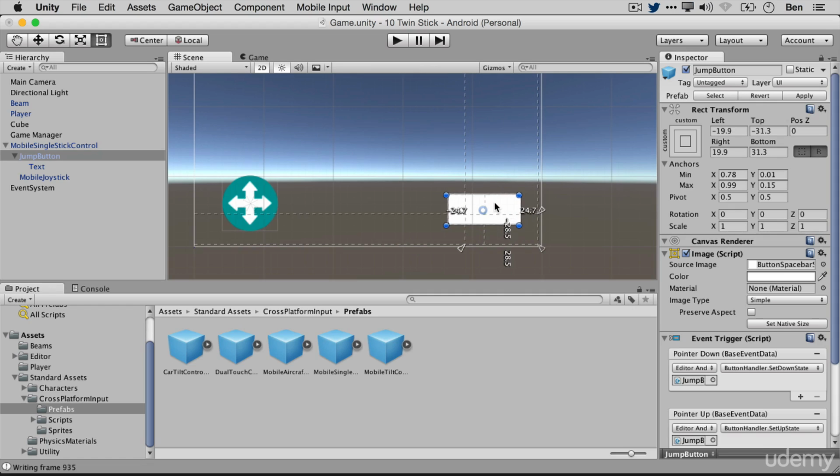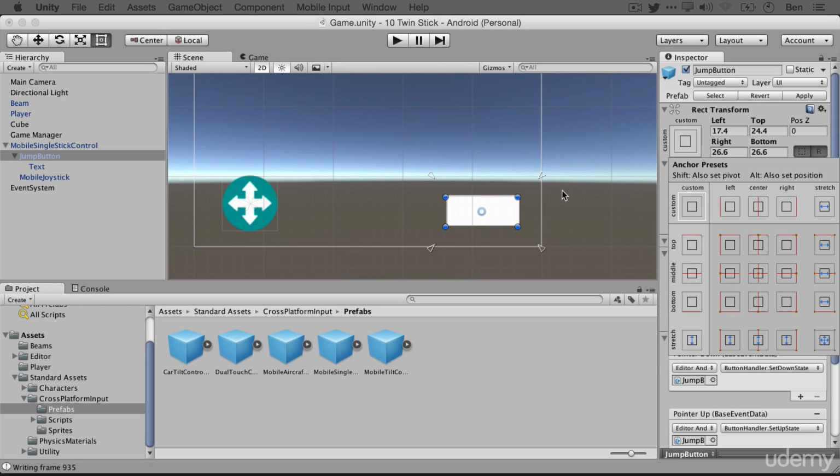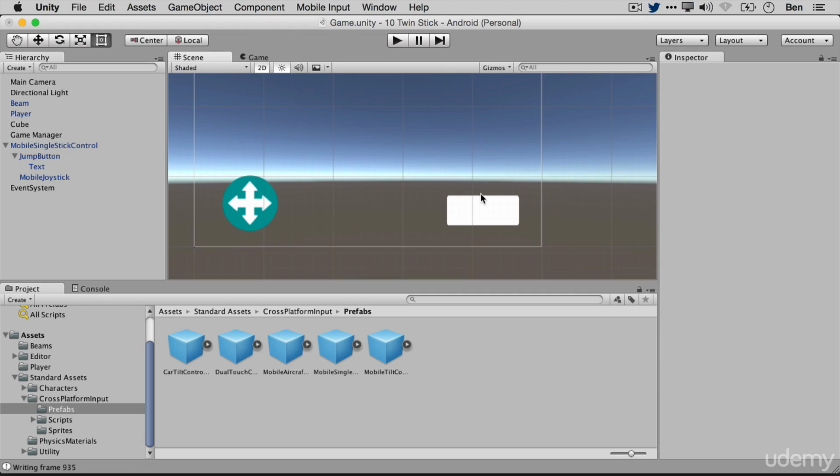So now I'm moving the entire button. But notice I'm not moving its anchors. You see, its anchors have stayed where they are. So I just want to talk to you very briefly about these anchors. You can start to manipulate these manually now you know a bit more about Unity. Rather than using these presets that just set these anchors anyway, you can grab these and say, well,